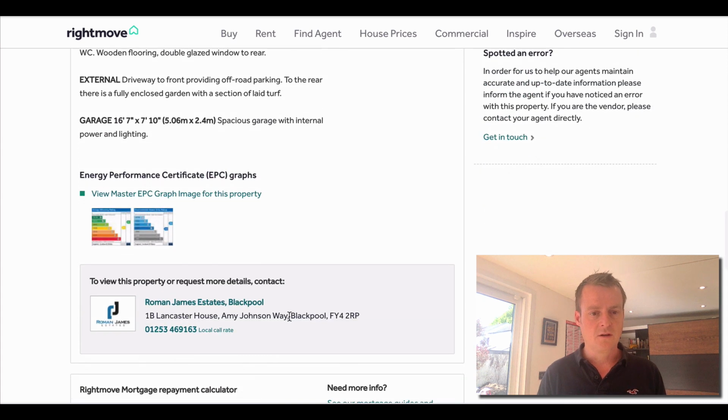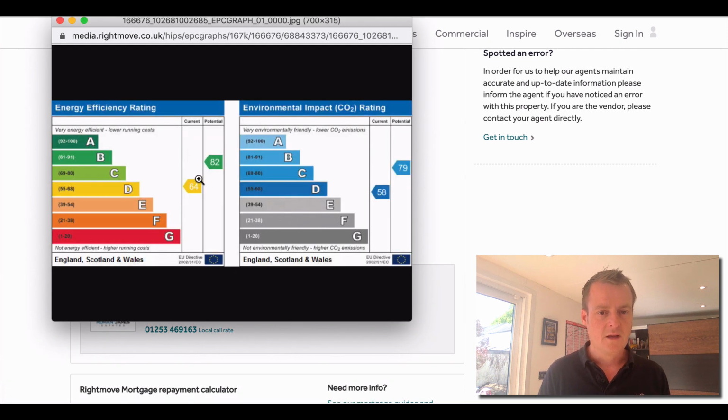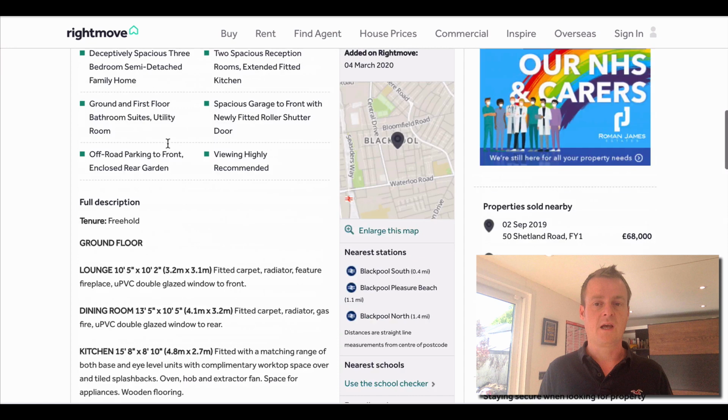And also something else I wanted to share with you is EPCs. So EPCs have to be displayed on Rightmove. So a cheeky little way of, yeah, you can't find it on that one, but some EPCs will reveal the full address of the property. So it helps with due diligence and perhaps even going direct to vendor. Now, I'm not saying bypass the agent and go behind the back of the agent for that reason. I'm saying